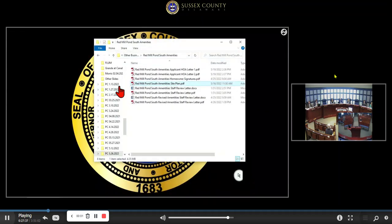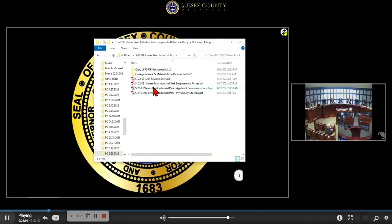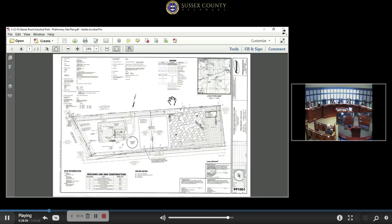Thank you. Our next item is site plan number 2203, Steiner Road Industrial Park. Requested determination as to whether a permitted use. Pursuant to the staff's review of the preliminary site plan for the site, the applicant has requested the Planning and Zoning Commission review the type and nature of the proposed uses at the site in terms of Section 115-110, permitted uses and potentially hazardous uses, as described in Section